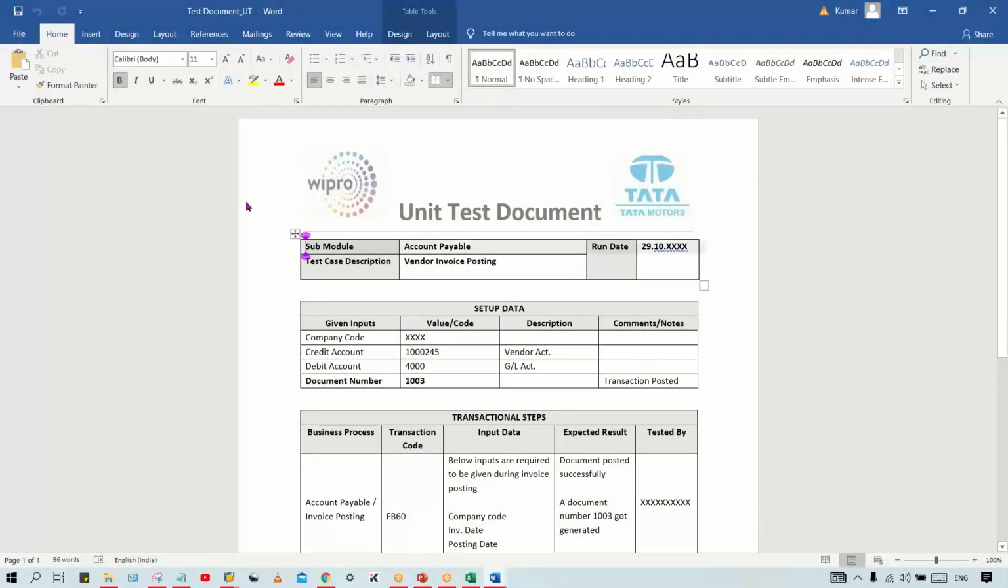Look at here, there is one unit test document. Okay, so this unit test document, here this logo I have changed, guys. My client logo I have removed, and I have kept this Tata Motor. Okay, so now here, let's suppose for account payable,